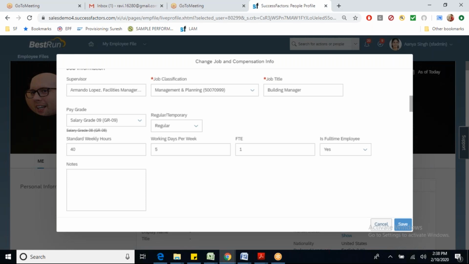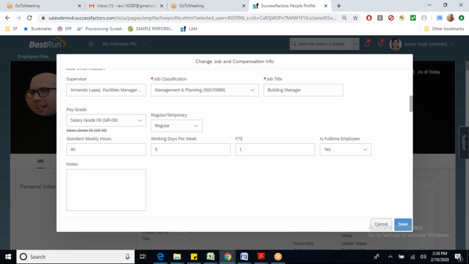Now, within transfer, we may have different event reasons like transfer country change, transfer department change, transfer manager, transfer division, transfer business unit, transfer company. It can be anything, right? So if you have all those transfer event reasons, now you need to tell the system when you want this particular event reason to be triggered. When you are changing the employee's location, it is location transfer. When you are changing manager, it is manager transfer.